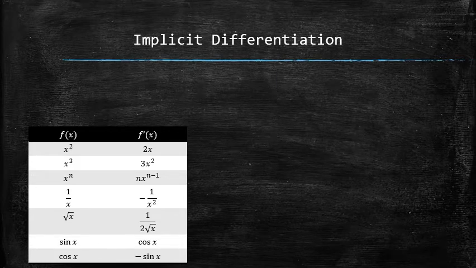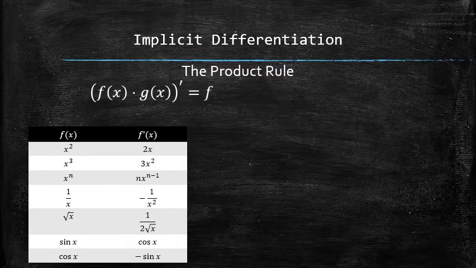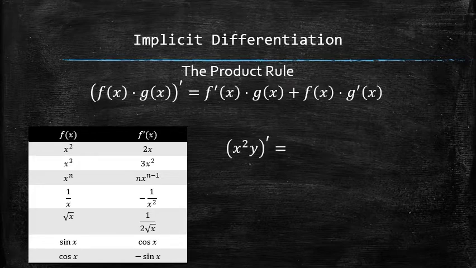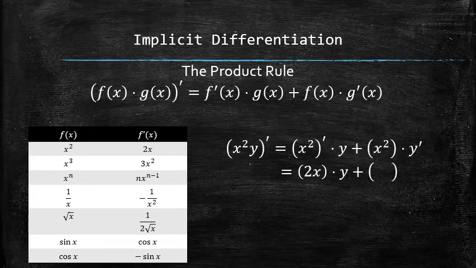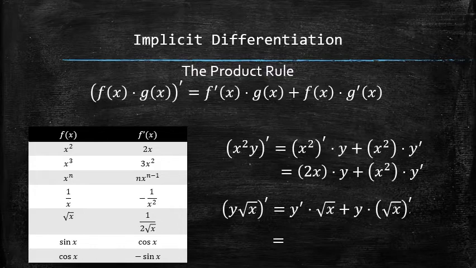Now, let's practice applying the product rule for products of functions, one of which is known and the other one isn't. We will label the unknown function with the letter y. By the product rule, we get the following result. Now, we can replace the derivative of x squared with its actual derivative, but since y represents an unknown function, we would have to keep writing its derivative as y prime. Here's another example. Applying the product rule and plugging in the derivatives where we know them gives us the following result.